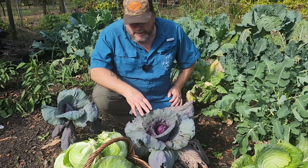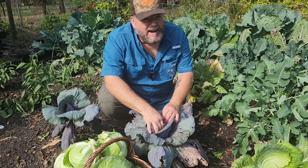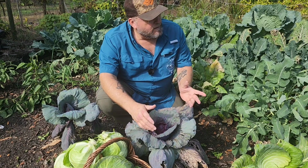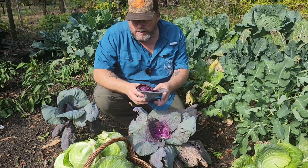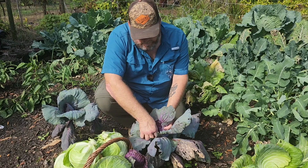Now, these red cabbages, like I was saying, they're not really forming heads. This has a tiny little head, but it's really loose. And we need to get ready for our fall garden. So I'm just going to go ahead and harvest what I can off of this. I'm going to take that small head right there,